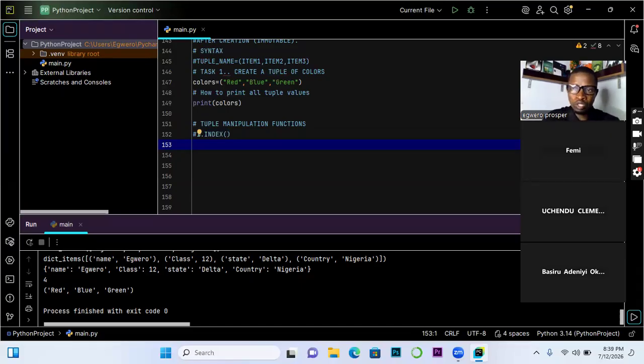So index is to return, let me add for the sake of those that are writing, to return the position of a tuple element. All right. So for example, we have a color tuple.